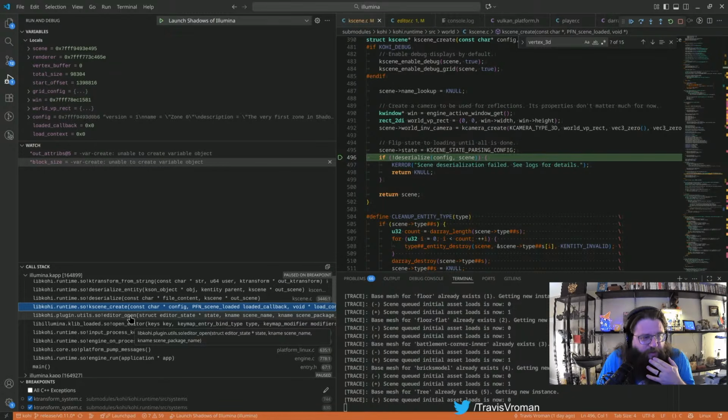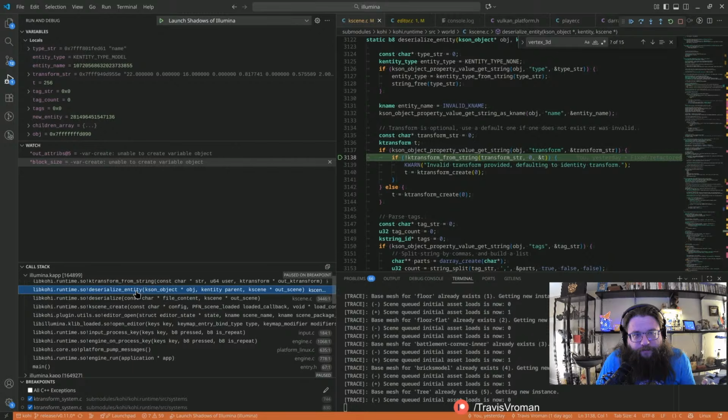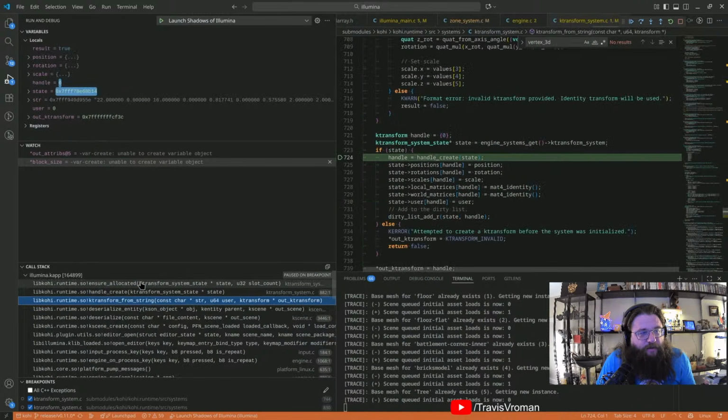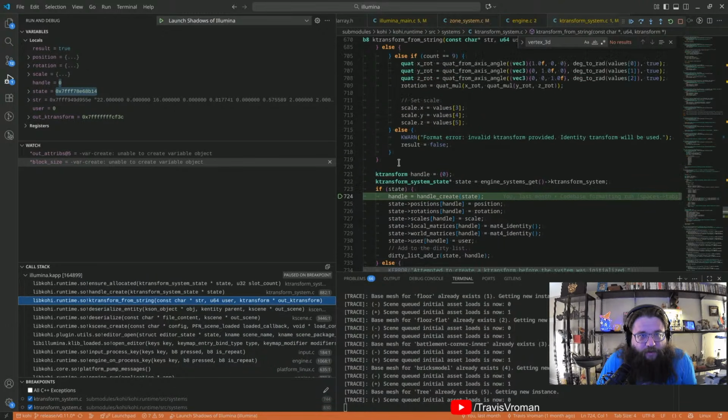That's probably what's blowing out the memory of this. Okay, so we deserialize here. Deserialize an entity. We do a K transform from string. Okay, and then that K transform from string is what actually kicks this off.